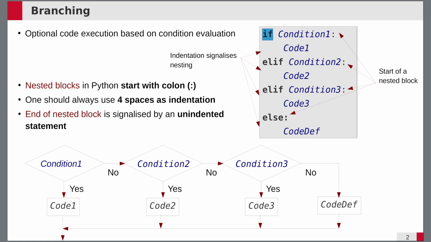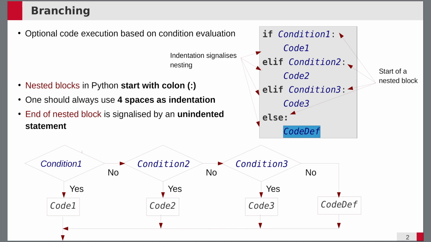I can have an if keyword and some kind of condition. Depending on whether this condition is fulfilled, a certain code is executed. If that's not the case, if the condition was not fulfilled, then one can pose a second condition. If this condition is fulfilled, then I can execute another code, and so on. And I can have an else clause at the very end, which would mean that if none of the conditions evaluated to true, then the default option should